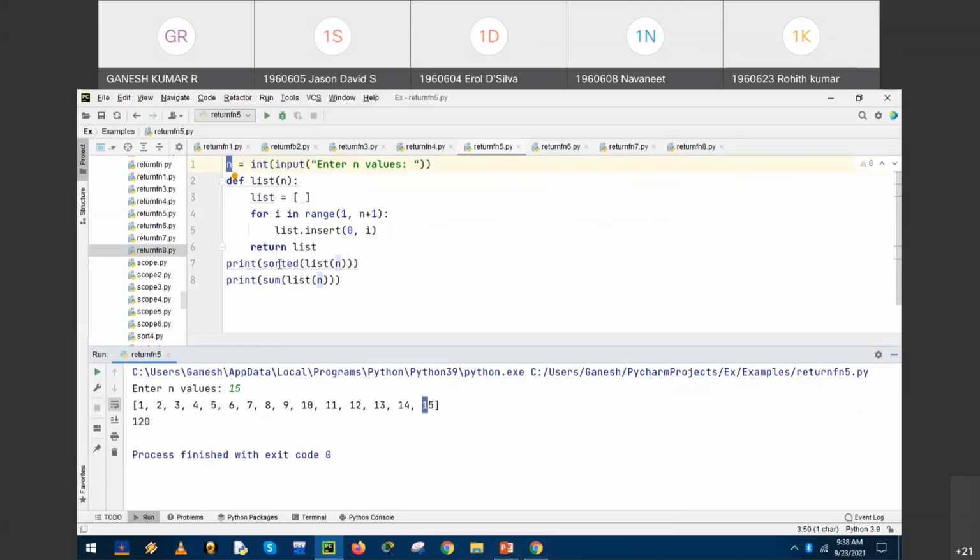So by introducing the sorted function, we have got a conventional way of generating the list. So we can insert more values, delete them, and all list manipulations can be permitted.